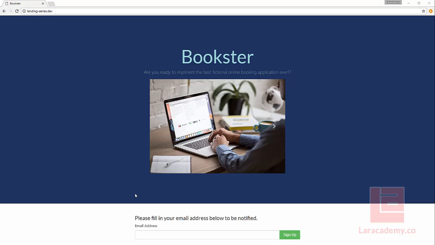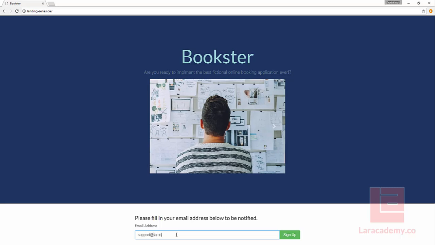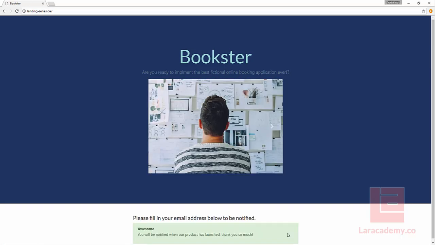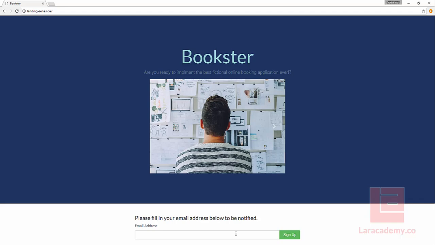It's Mickey again, and in the previous lesson, we set up our email controller to take our user input and save it into the database, regardless if the email has been in there before. The one thing that is missing is we are not displaying any error messages if the email address doesn't meet